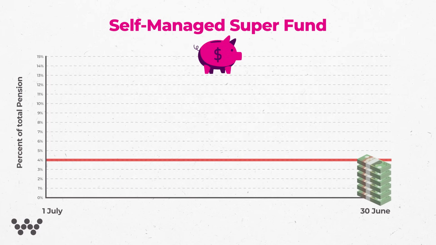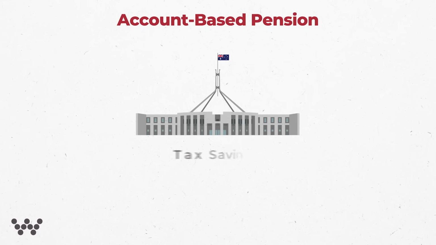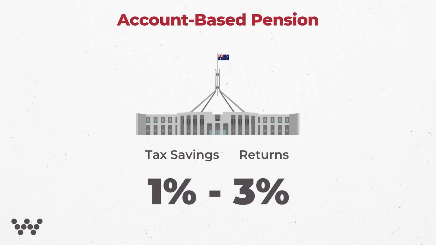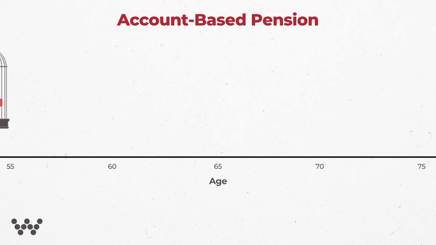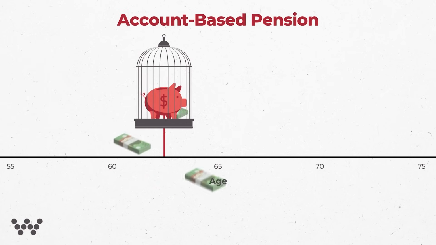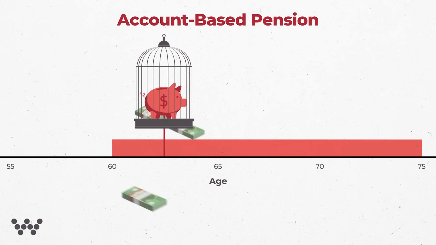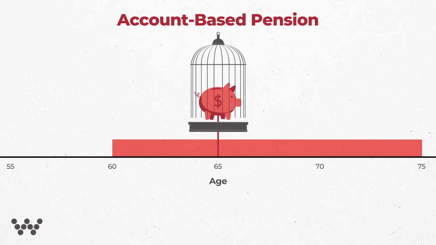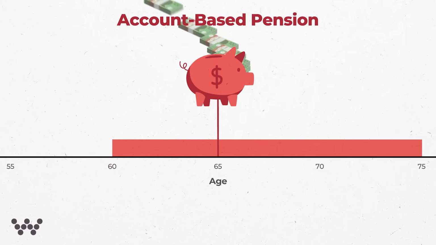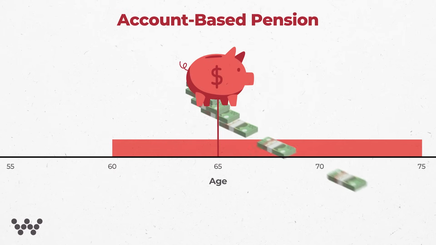The final question we get around pensions is, should you start? And my answer to that, in almost every case, is yes. The tax saving and the additional returns that come from that tax saving are anywhere from 1% to 3% every year. You can usually recontribute a portion back into superannuation where you're between 60 and 75, which means even if you don't need it, it can still be beneficial to be drawing that pension once you've met a condition of release. And there's no tax on the income. So you can see this becomes a bit of a no-brainer.